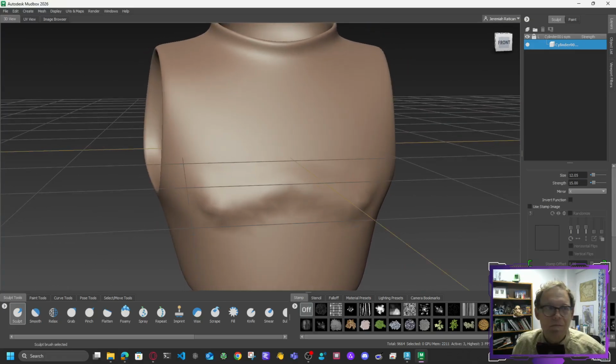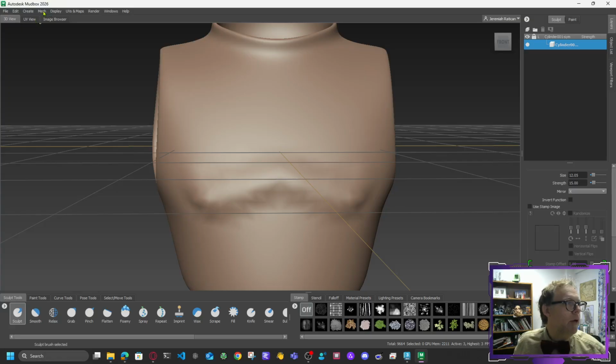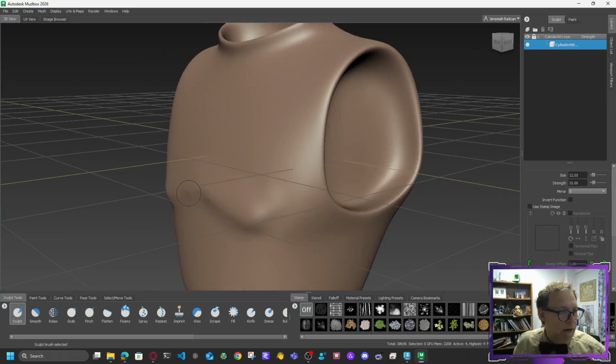I don't love it, right? I don't love the lines we're getting. Let's go ahead and add another subdivision level. That's looking a little better. Yeah, I can work with that. And so we're kind of creating it. I'm just creating the edge